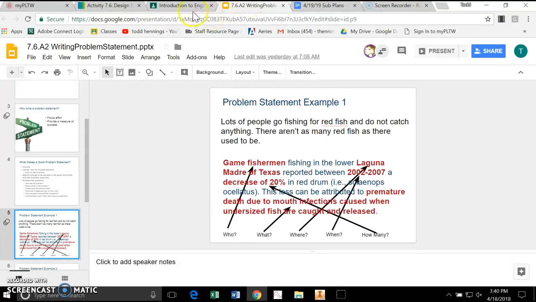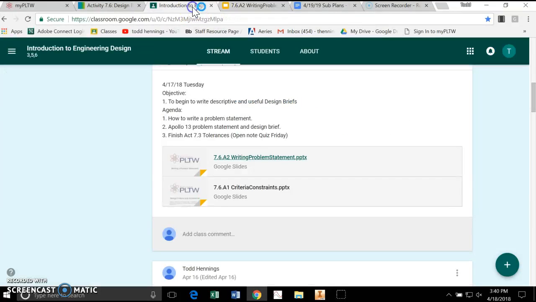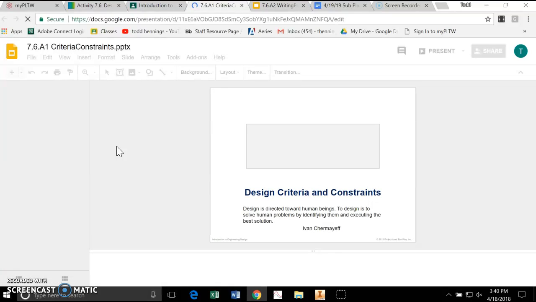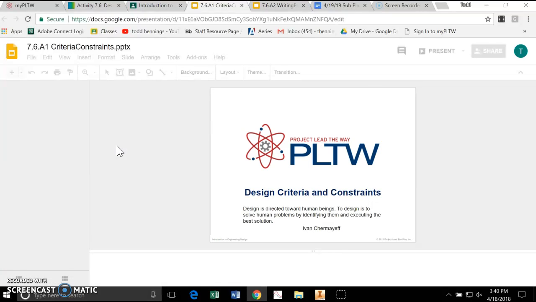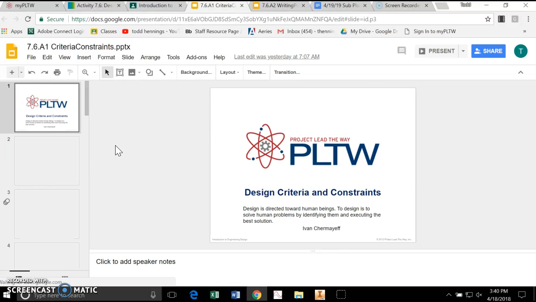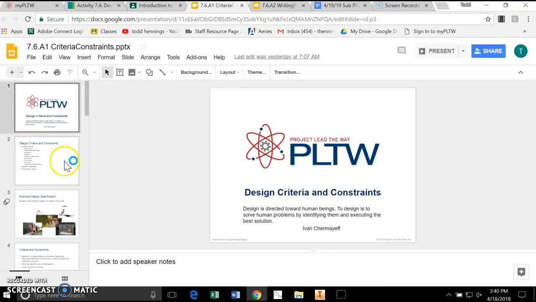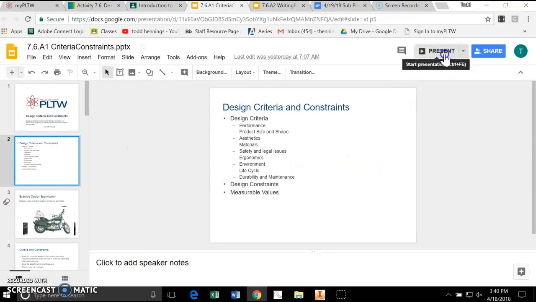You also then need to know, okay, once we've defined the problem, what are the criteria for our solution? What do we want our solution to involve? And what are the limits or the constraints of our solution? And that's on this slide. And again, it's a long slideshow with a lot of detail. I'm just going to show you some places to get started on this. So the first thing, if I go to the second one, I go to the second here, and it's saying